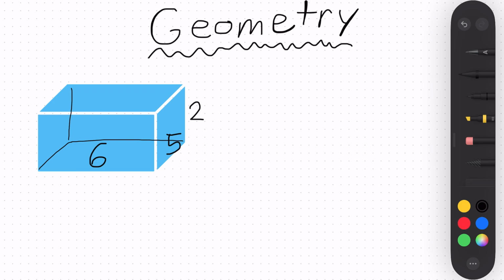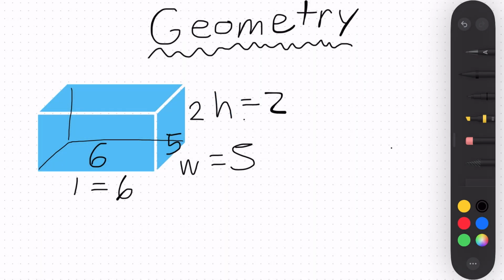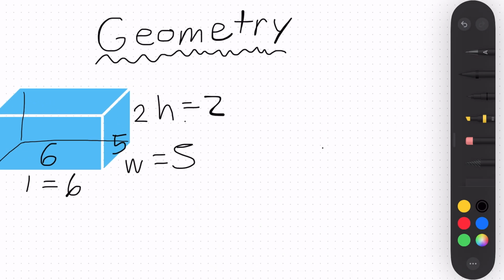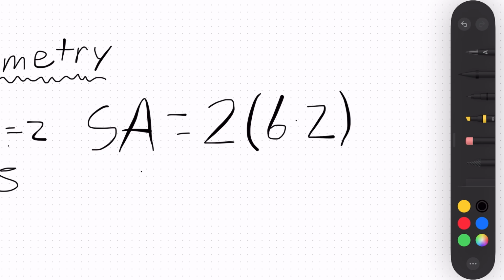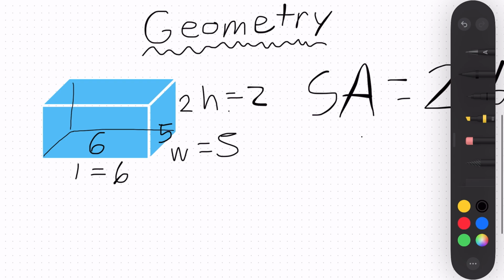This is a rectangular prism where our length is equal to 6, our width is equal to 5, and our height is equal to 2. So, let's solve for our surface area. This will be equal to 2 times 6 times 2 plus, which is this side over here, 2 of these. Then let's do 2 times 6 times 5, which is this, and this,